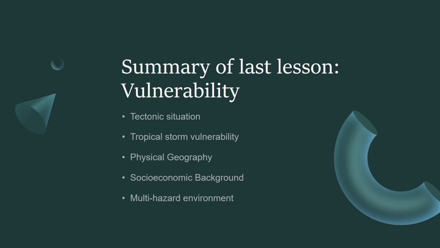Socioeconomic background I didn't give you a great deal of information on, but I introduced the idea that you should look at things like the population size. Obviously, if it's a large population, the hazard is naturally greater, because a hazard is about the threat to people. If there are more people when an earthquake or an eruption happens, then the size of the hazard is greater because there are more people at risk. And of course it also makes it harder to deal with.